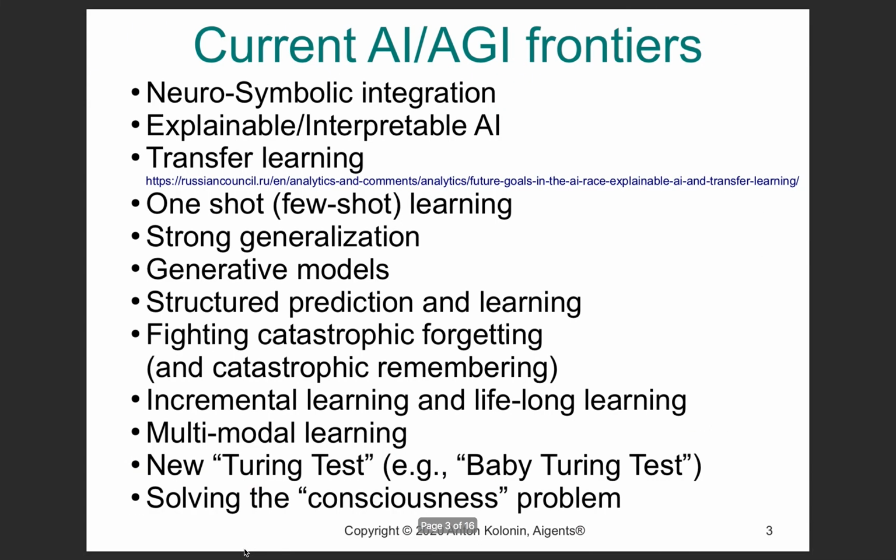So then let's focus on current AI and AGI frontiers. AI is artificial intelligence, AGI is obviously artificial general intelligence. There is a list of directions for further improvement of this technology, but I would focus only on the top 3 of them. And the first one is a modern trend to somehow integrate neuromorphic or subsymbolic technologies like neural nets